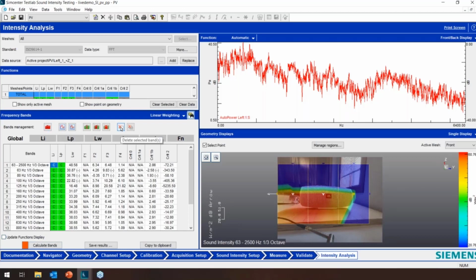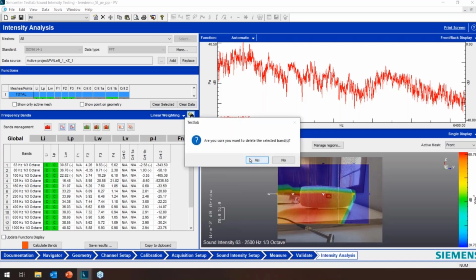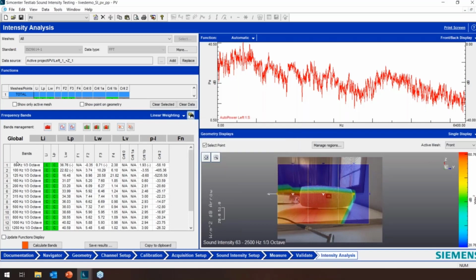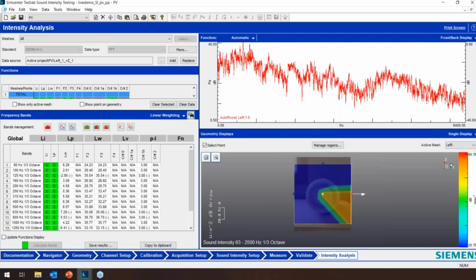do I need to delete these first? Can delete them all one by one. I'll hit recalculate. And if I go to left, I've got some results with the PU probe.